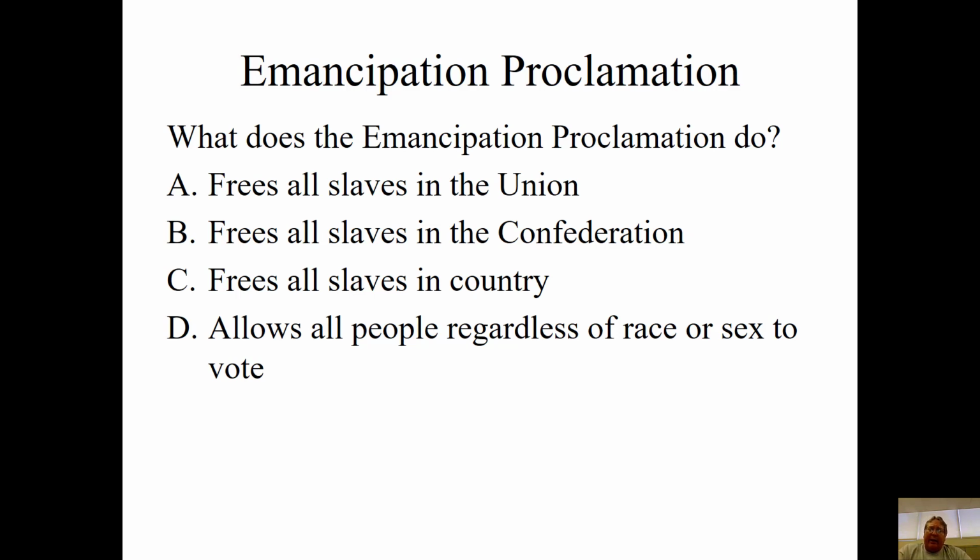So in the end, he issues this proclamation as a warning, if you will, for the South, to point out that ultimately this war is about slavery. And the longer it goes on, the more we're going to have to deal with that issue, especially if the North wins.